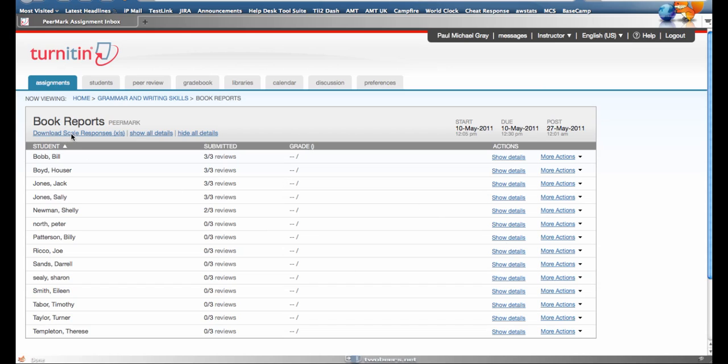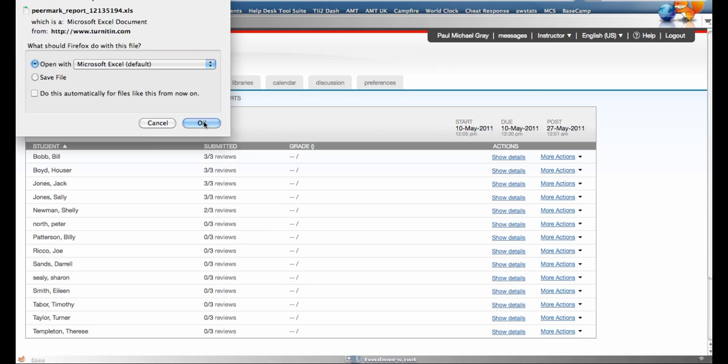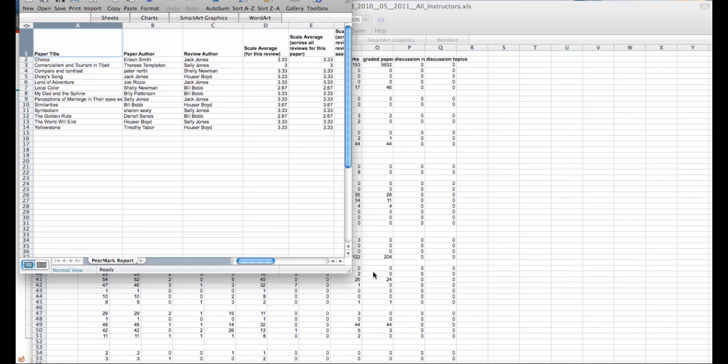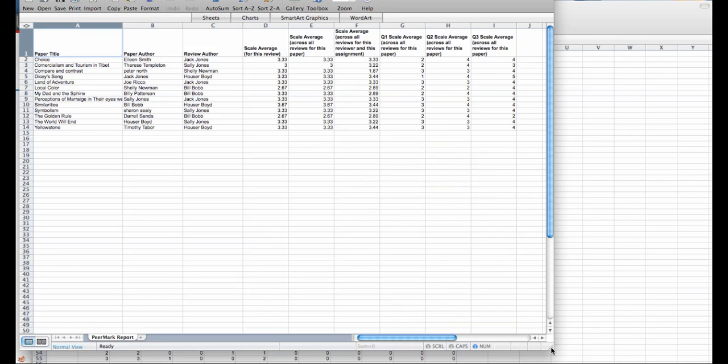If I click Download Scale Responses, this will allow me to download an Excel file containing all of the scale responses for the PeerMark that I'm looking at. This lists out the title of the paper's author, the author of the review, the scale average for the review, the scale average across all the reviews for the paper, so this is the average of all the scale questions in all of the reviews that were written for the paper,